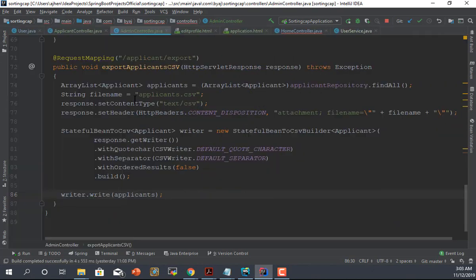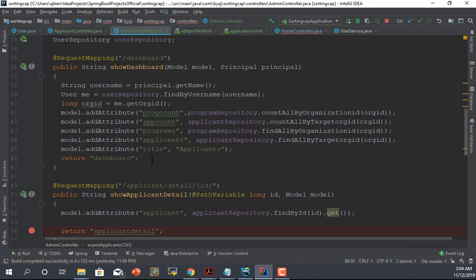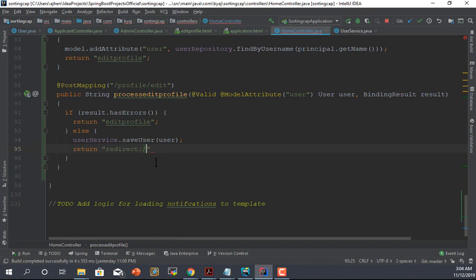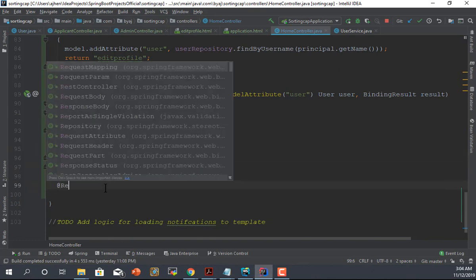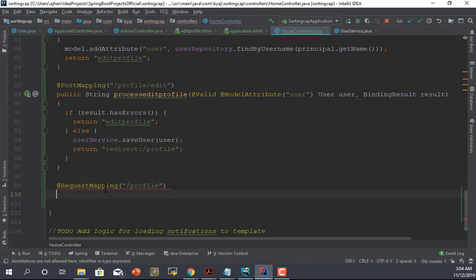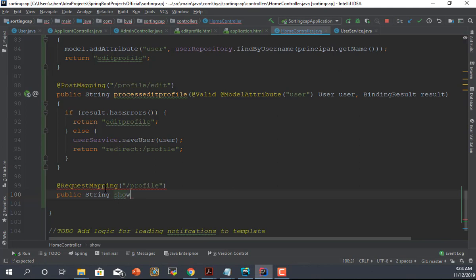Is it on the admin controller? Oh, I never made a profile endpoint. Okay, so that should be on the home controller as well. So redirect to profile. All right, and then as long as I'm here at request mapping, and we have enough time to do this as well, profile, public string, show profile,